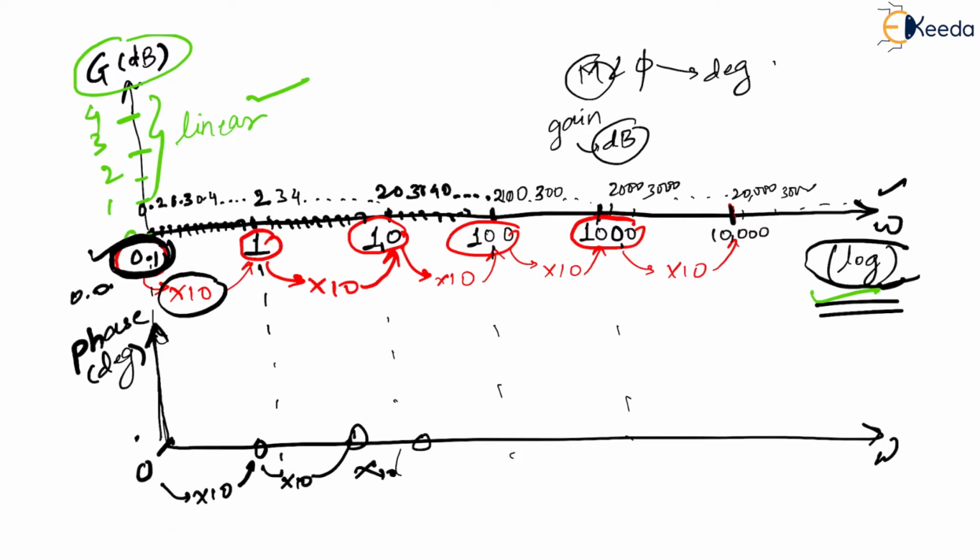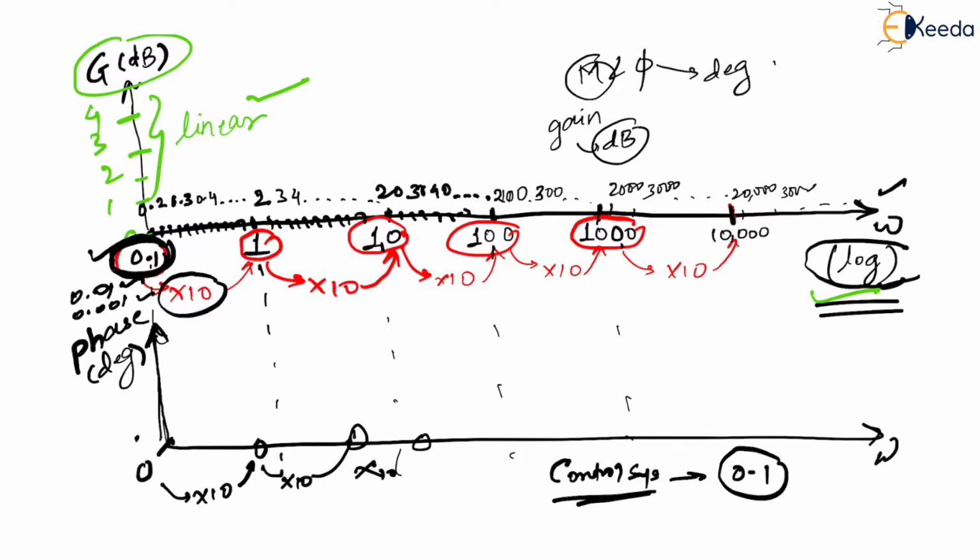Definitely, you can also take 0.01. You can also take 0.001. It is your choice, there is no problem. But for our understanding in the whole of control systems, we take the first one to be 0.1 in most of the cases. This was all about it, right?